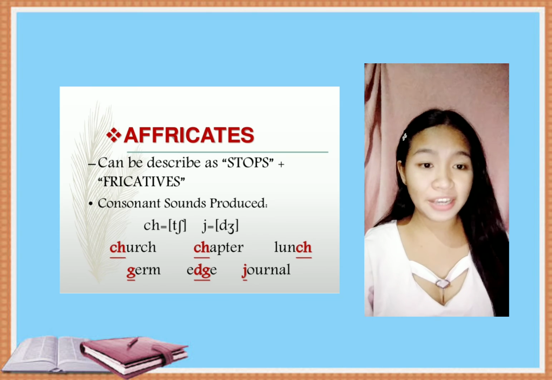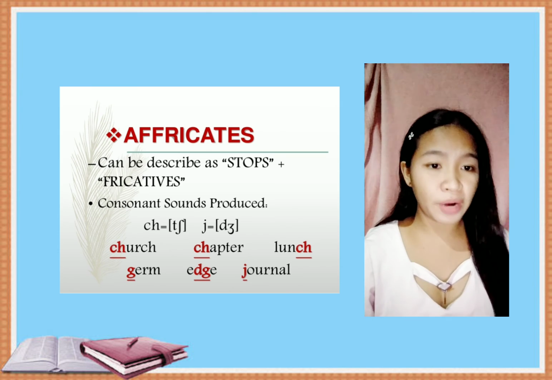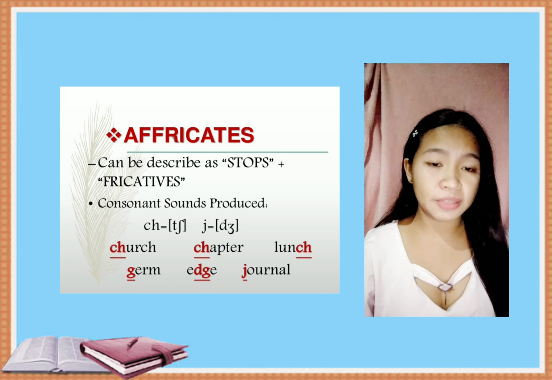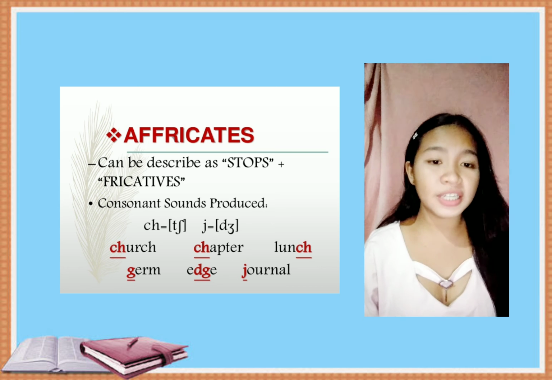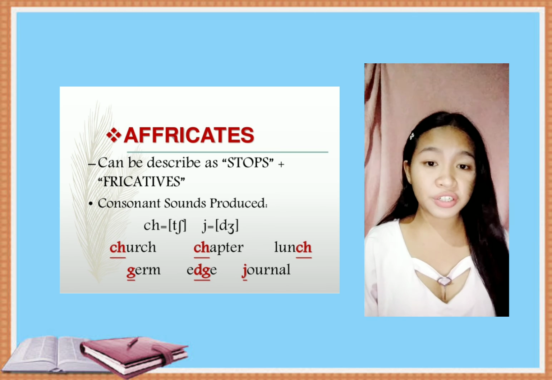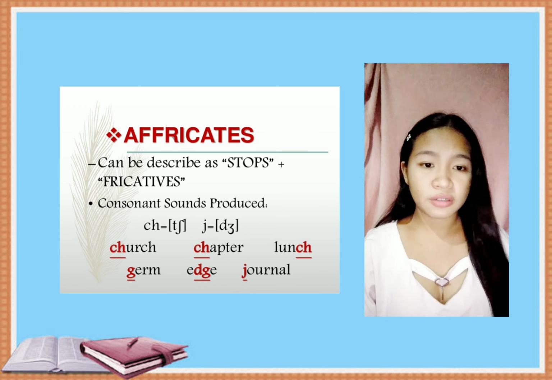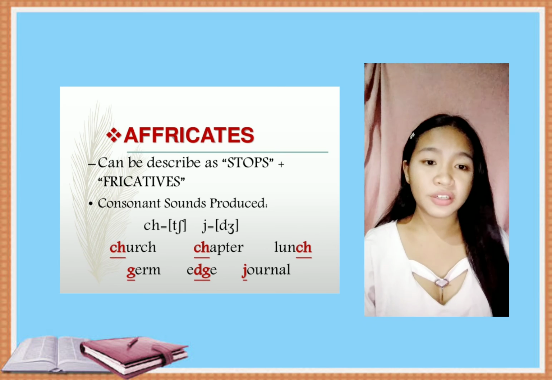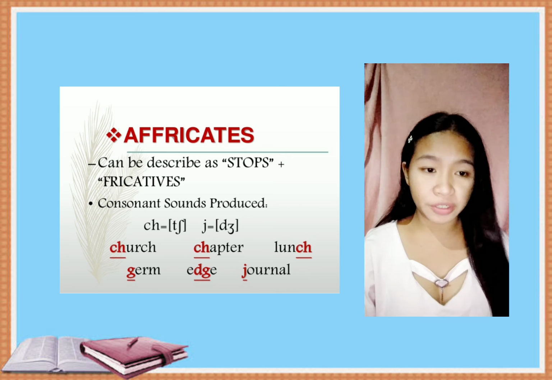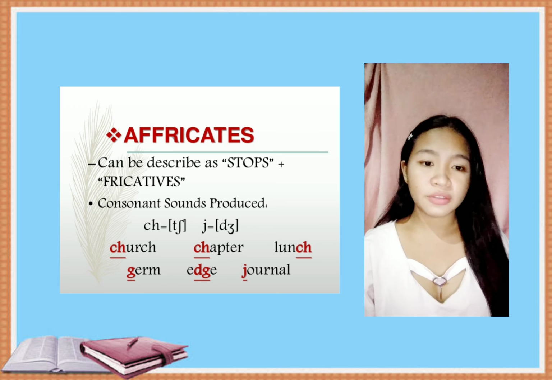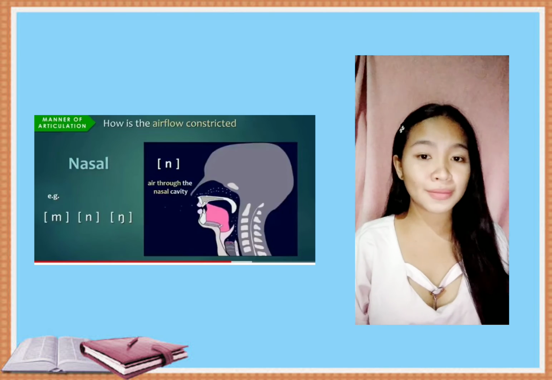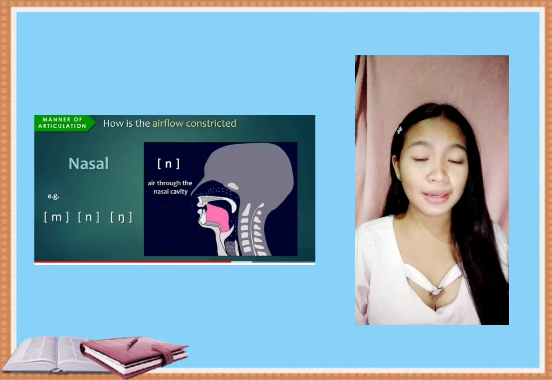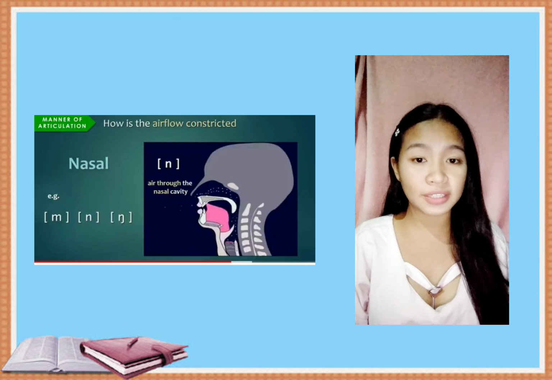The next one is the affricatives, which can be described as stops plus fricatives. Consonant sounds are produced ch, j. For example, church, chapter, lunch, germ, edge, journal. Next is nasal. Nasal sounds are produced when the velum is lowered. For example,